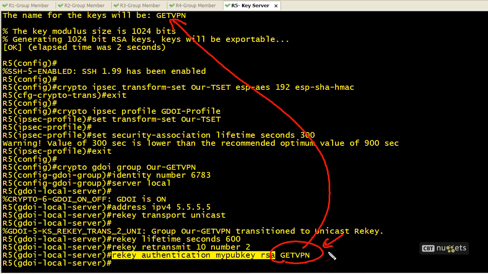And as far as troubleshooting goes, that's one of the first things I would look at. If the rekey is not functioning correctly, I would want to make sure that the local server has its IP address specified that it's going to use to initiate the rekeys back to the clients. And I'd also want to make sure that they had created an RSA public-private key pair just for the purpose of rekey authentication, and that they had referred to it correctly with this command, rekey authentication mypubkey RSA and the